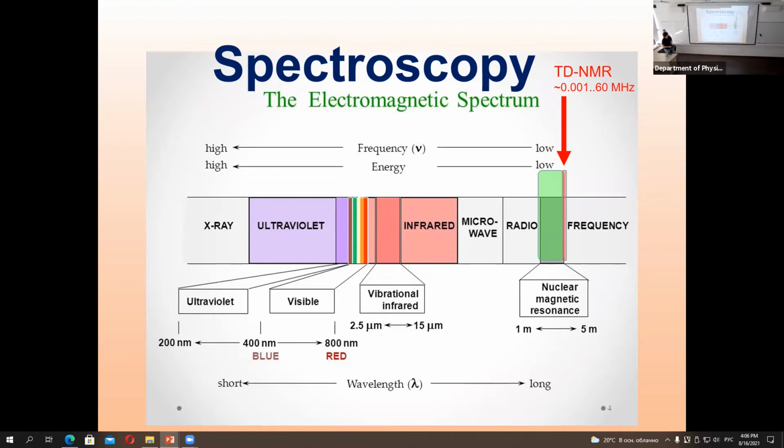So for time domain NMR, it is between very low field, where you can get the NMR signal even in the field of our planet, and, let's say, the upper border of time domain magnetic resonance, which is normally restricted by the power of permanent magnets that are now mostly used in NMR relaxation. So this is the time domain, this is a very narrow band.